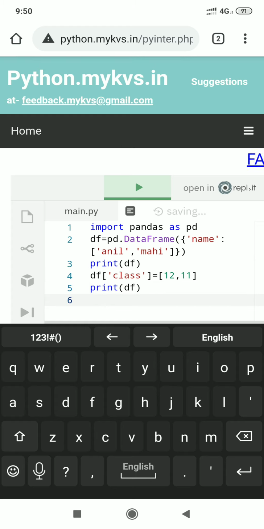Student, what should be there? The first print statement with df will display only the name column.